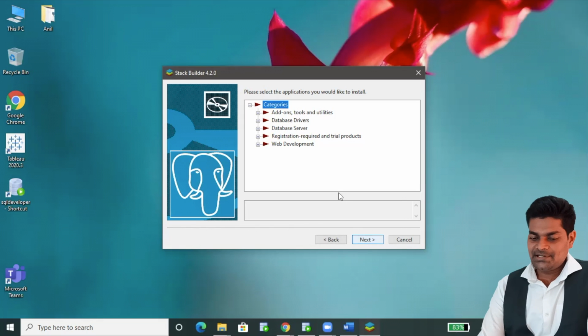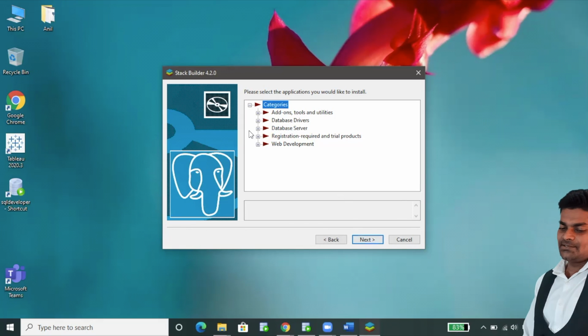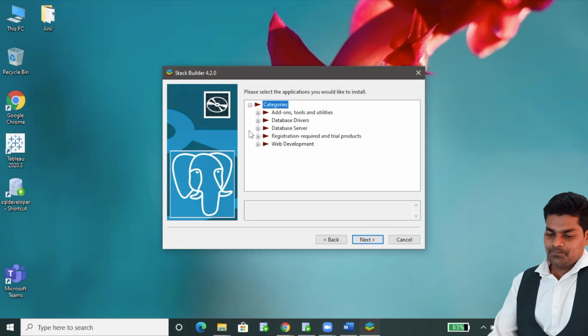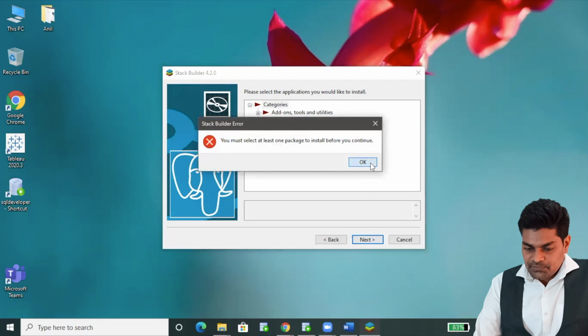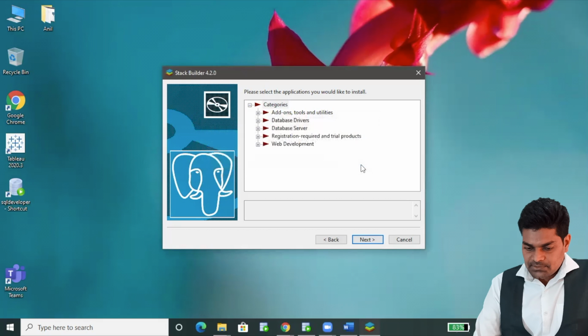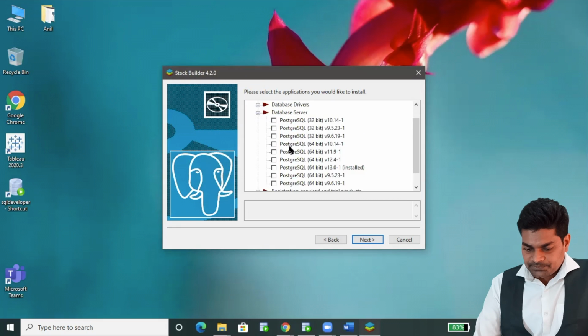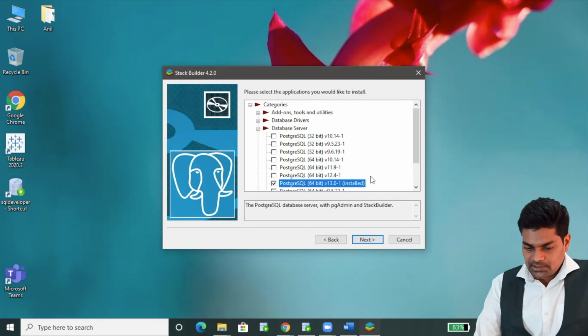The categories are database driver, database server, web development. So simply click on next and select one package. We'll select database server. Okay, database server we'll select for 13, and database driver pgJDBC. Okay, let's select all.